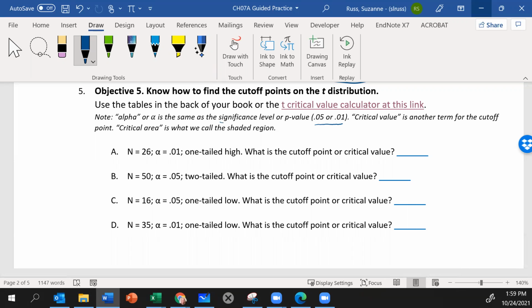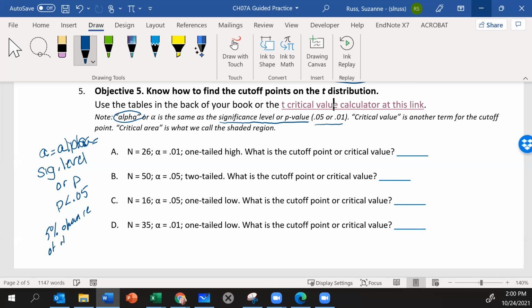But what you might not be familiar with is we've been calling it significance level or p-value, and both of those are correct. It's also called alpha, and it's written out as this sort of italicized, little bit curlier A. So A equals alpha, which is the same as significance level or P. So if we say we want a probability of less than 0.05, we're looking to see if there's only a 5% chance of getting that score if we just selected a sample at random. So P equals 0.05 is a 5% chance